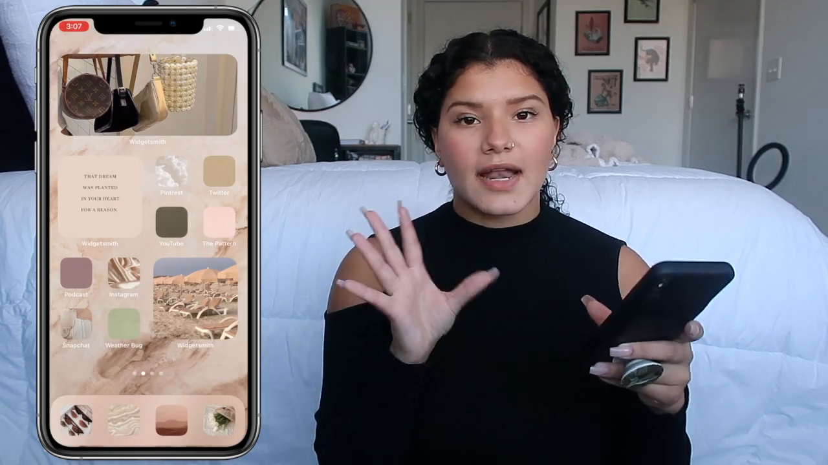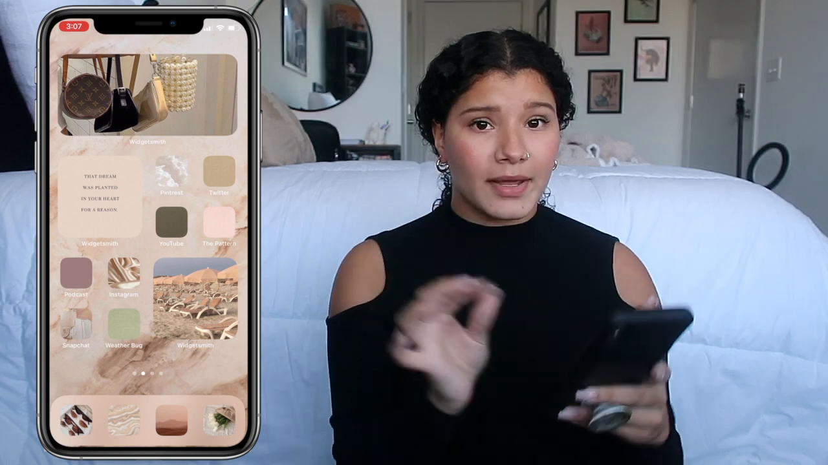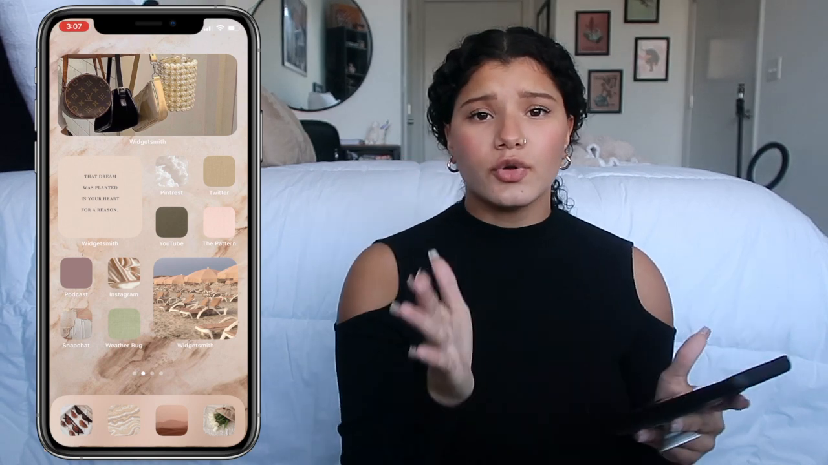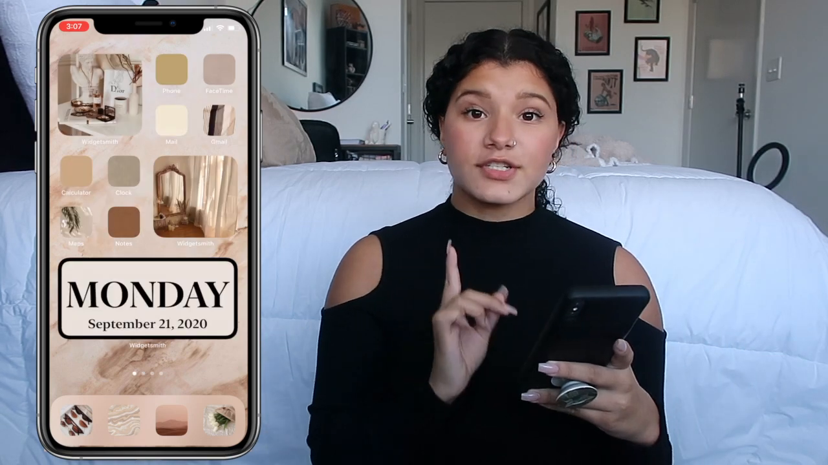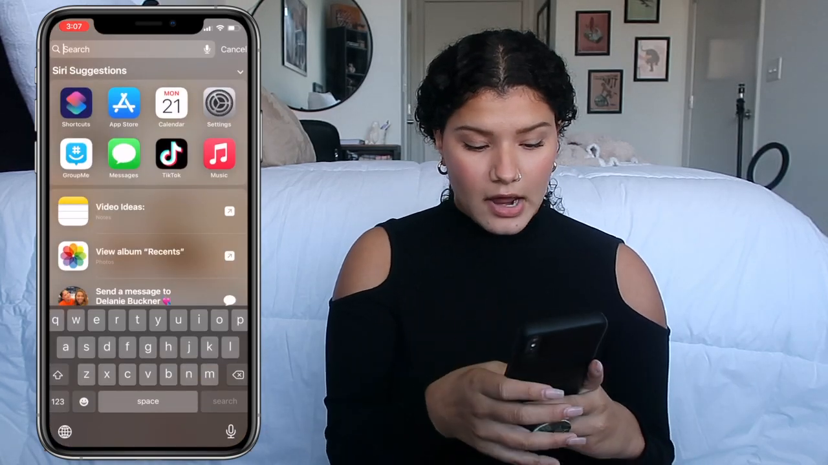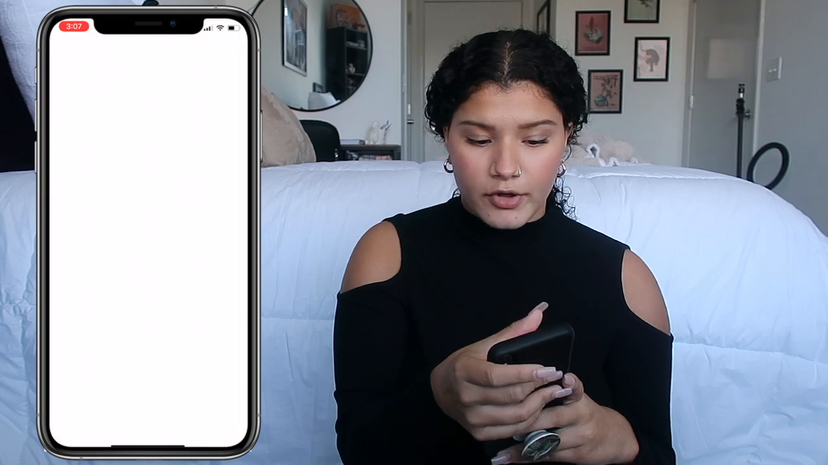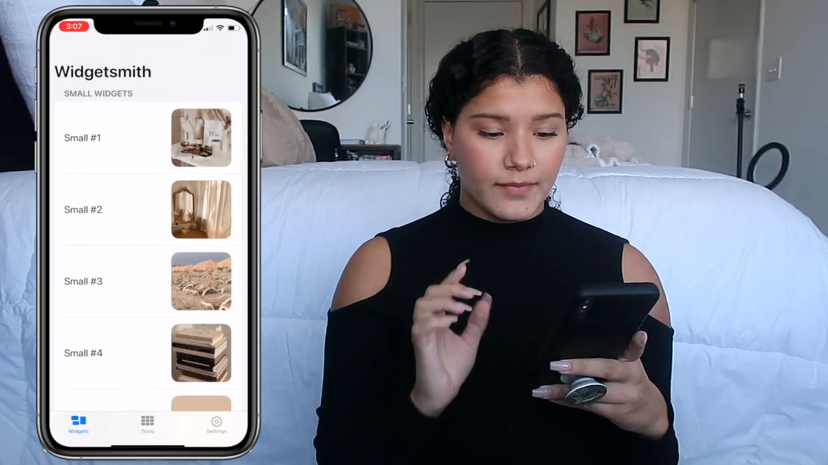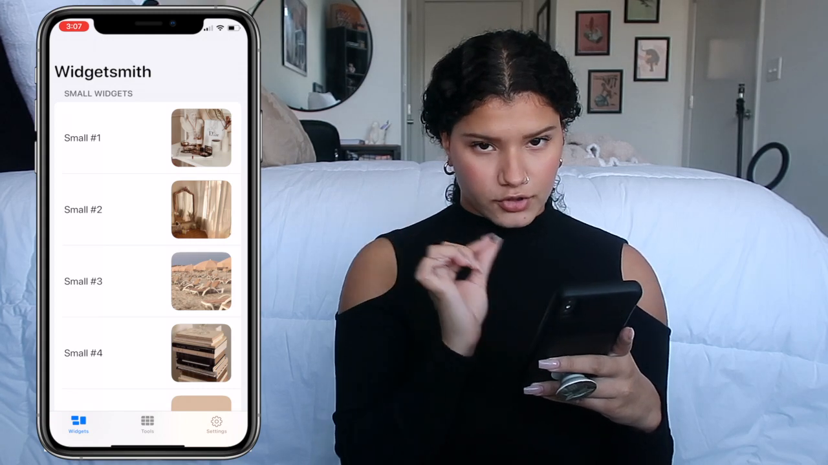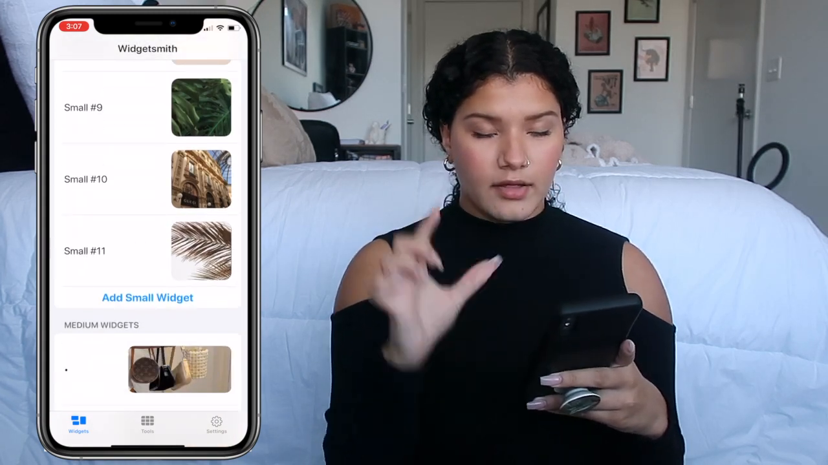The beauty of this is that everyone's phone can be completely different. Every page can be different. It's literally catered to you. You don't have to have what anyone else has, so that's what I like about it. So the first app you're going to want to download is Widgetsmith. Now, I only use Widgetsmith. I know there's many other apps you could use, but Widgetsmith is the easiest one for me. So the first thing I'm going to do for this fourth screen, I think I want to add the